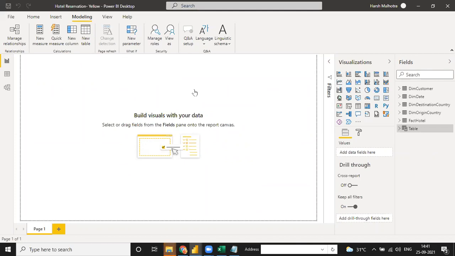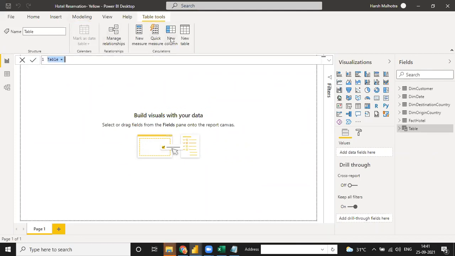These are 5 separate tables, and now I click on Modeling, then New Table, and write the name as key measure table. Every DAX function we should write only in this table. A minimum of 20-30 functions we can write here.